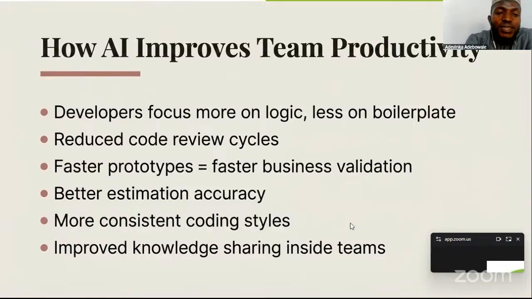So that's to the extent where AI is helping you to reduce the manual processes and helping you to focus more on business logic to meet business needs. It also helps to reduce the code review cycle. You can ask AI to review code for you as well, though this is not taking away human review, which is in most cases necessary because you know AI still hallucinates. But to some extent,